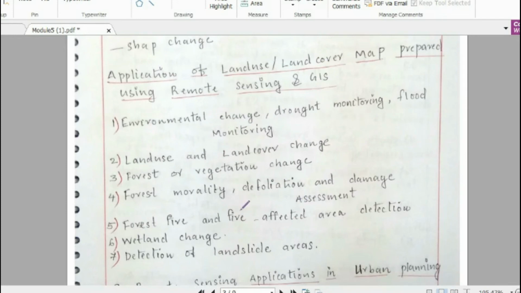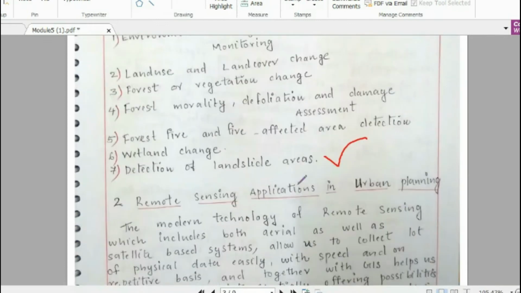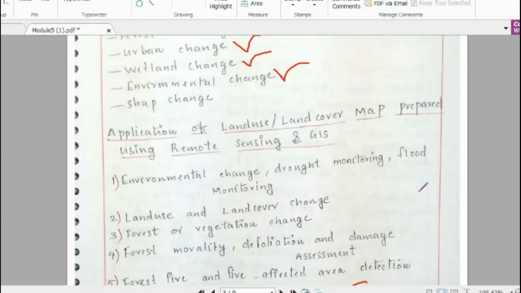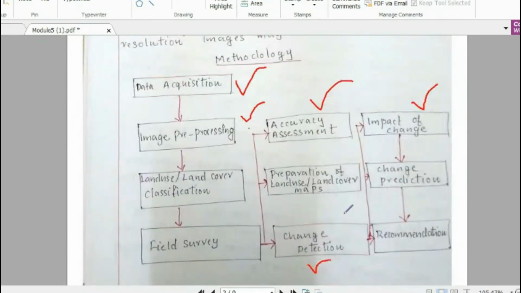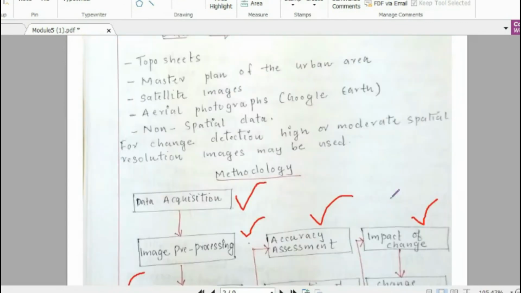And as I said, the rate of wetland change and the detection of landslide in that area. It is again one of the environmental impacts because of land cover reduction and land use increase. So these are the different applications of land use and land cover analysis, and this is how modern technology can be applied in this analysis.